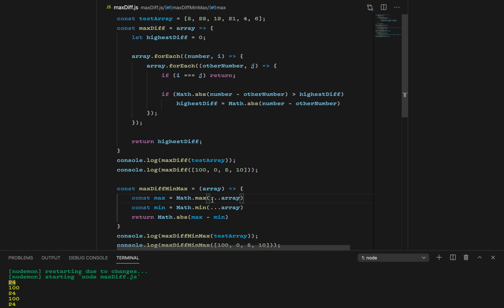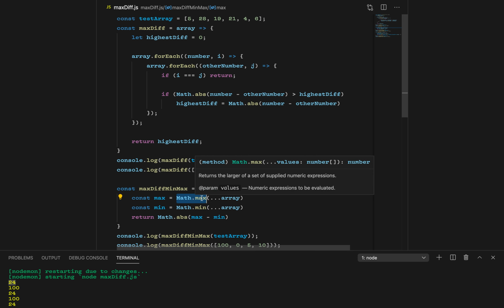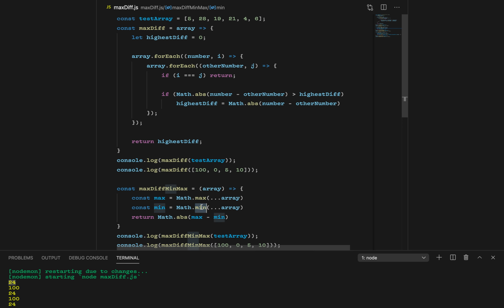It's just spreading them out so that they can be passed through as separate arguments. So this function takes a whole load of numbers and it returns the highest number that has been passed to it. Math.min obviously does the opposite. It returns the lowest number that was passed to it,